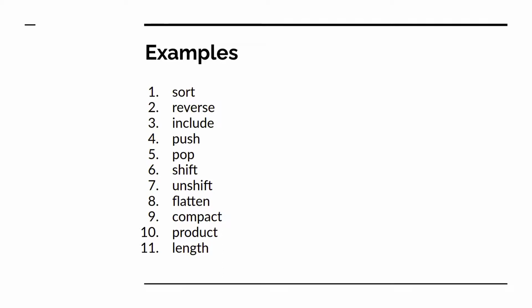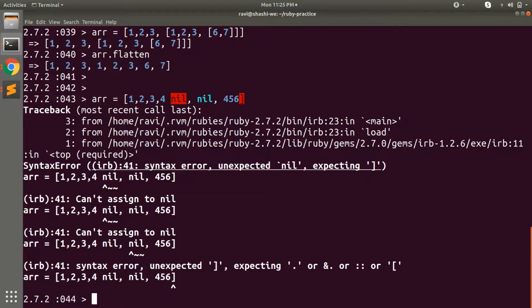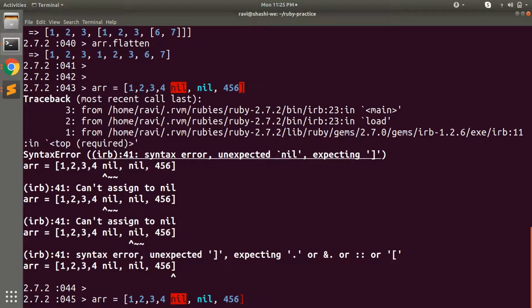And another thing that we already used in the last lecture is compact. Compact is used for removing nil elements from the array. For example, we can define an array like this. Sorry, there is a syntax error.